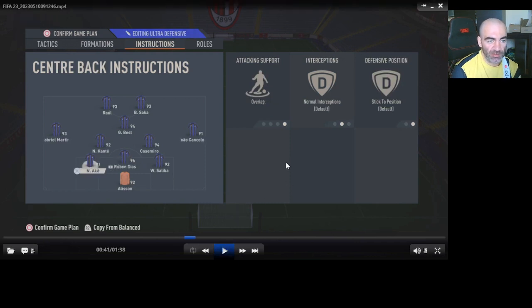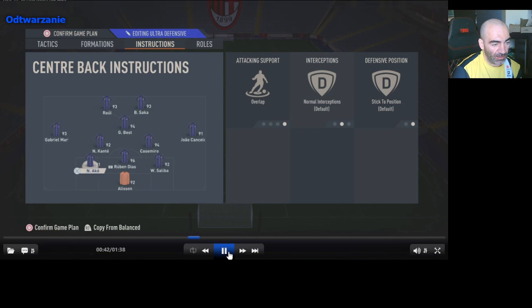My left center back is on overlap. The reason for it is that on the left side there's going to be too big of a gap between my striker jumping in forward and my CDM. So when I use overlap, they create that little triangle between them, and it's much easier for me to build up from the back. On the right side, Saliba,